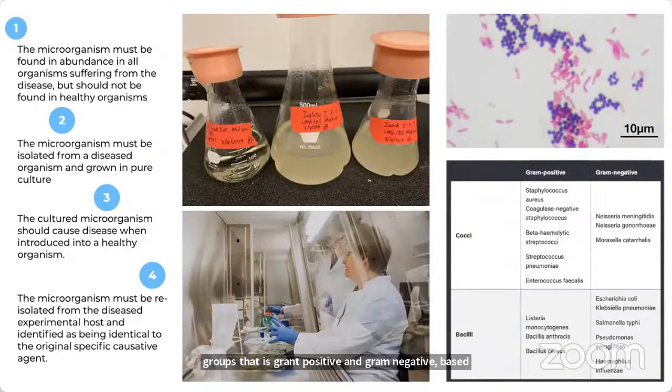So why is this necessary? Gram staining yields results much more quickly than culturing, and this is extremely important. For example, identifying an infection can make very important differences in the patient's treatment and prognosis. Some of the examples are meningitis and septic arthritis. Each one of these diseases can be caused by gram-negative and gram-positive bacteria. So identifying which one causes what is very important for developing prognosis and better diagnosis.